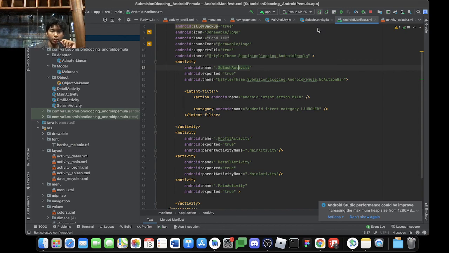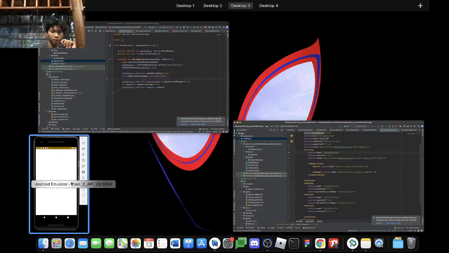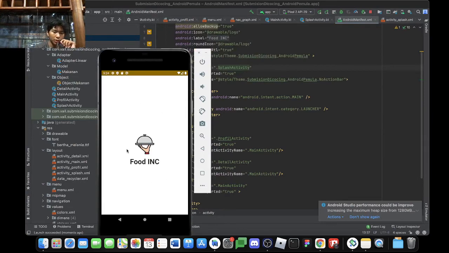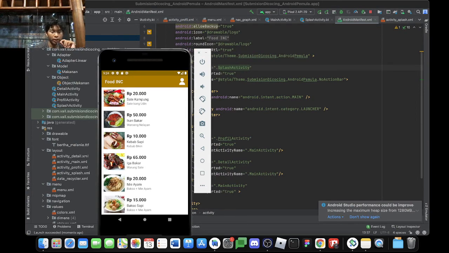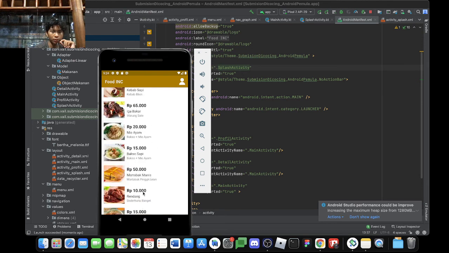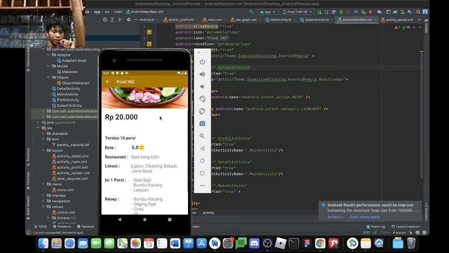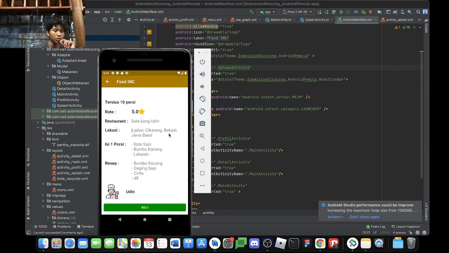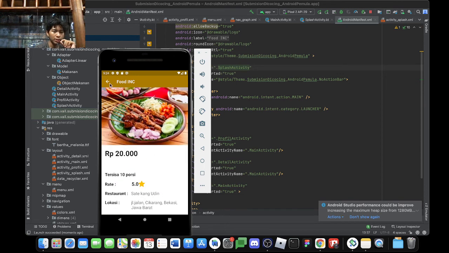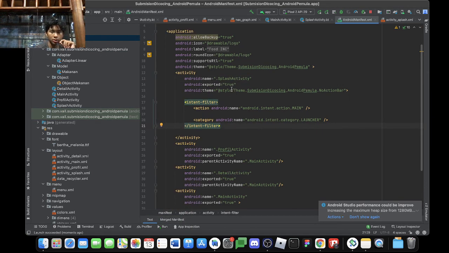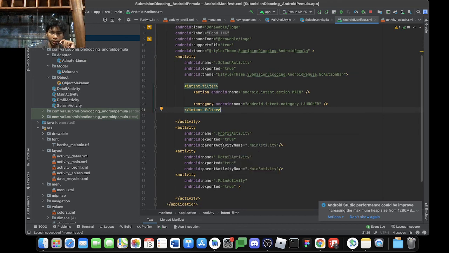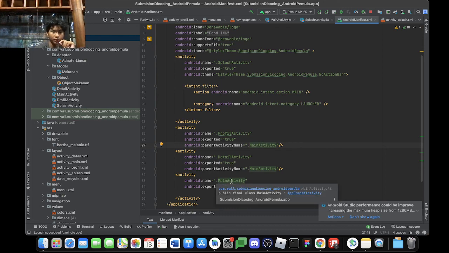Okay, and then I will start the project. Here is the splash screen, and here's the recycler view, and it moves with data, with the object, to detail. And oh yeah, this back button, just parentActivityName, and call the activity before it.